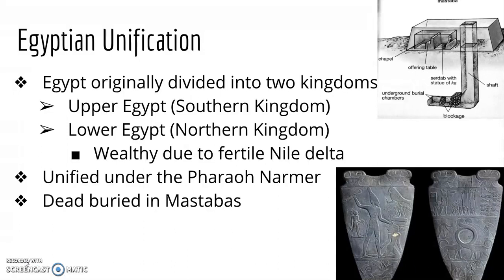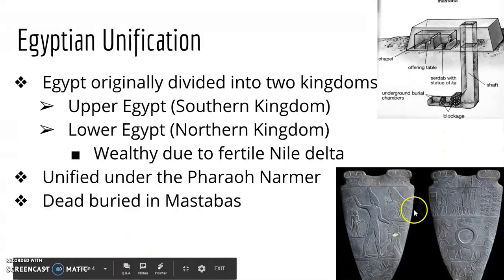And it's the palette of Narmer that can be seen on the right side of the page in the lower right-hand corner. The palette itself displays Narmer holding a war club and wearing the crown of Upper Egypt. On the right of the first part of the palette, which I'm going to be circling here with my mouse, you will see over here, this crown here with the papyrus scrolls is meant to represent Lower Egypt, which is